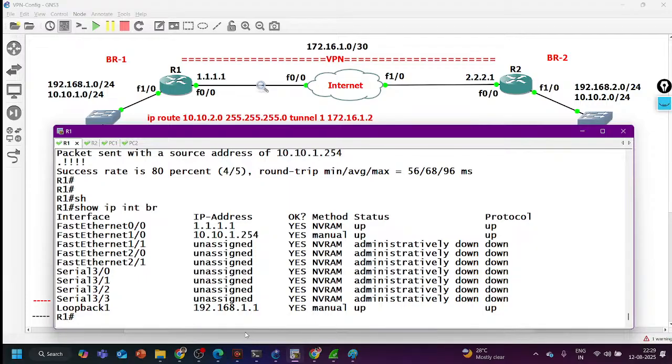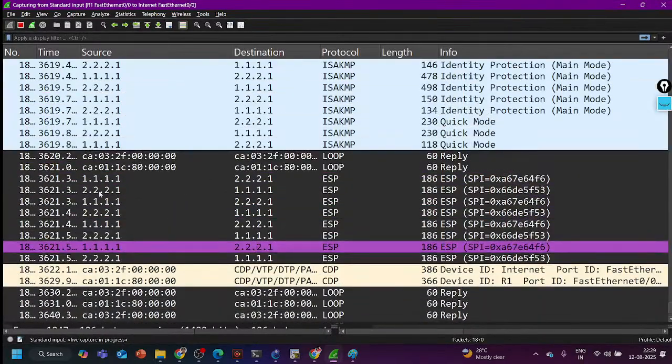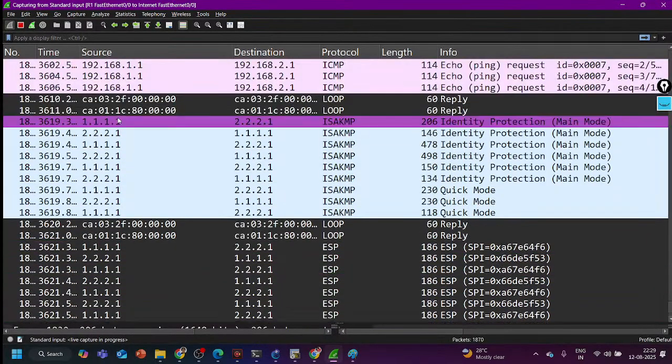We are forwarding the private traffic with the help of an access control list. Whatever traffic will match in the ACL, the router will forward it, right? The router knows the peer IP address and its own source IP address. That's why you can see in every data packet source IP 1.1.1.1, destination IP 2.2.2.1. You have defined it with set peer, while configuring the ISAKMP key and while configuring the crypto map. You have defined the peer IP. On the basis of that, it is performing encapsulation,